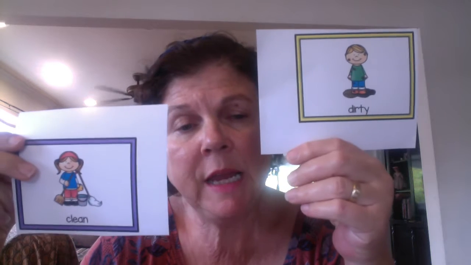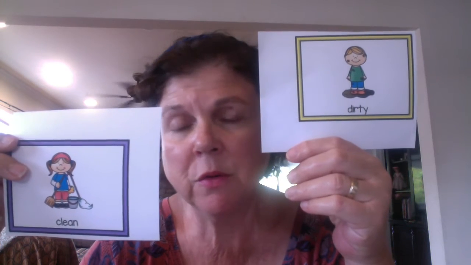I talked about color, and then you might have things like, you're looking at something and it's dirty, and the opposite, clean. Okay, so those are describing what something looks like. You might say something's pretty, or you might say something is young or old, more opposites. Okay, these are also describing what something looks like.